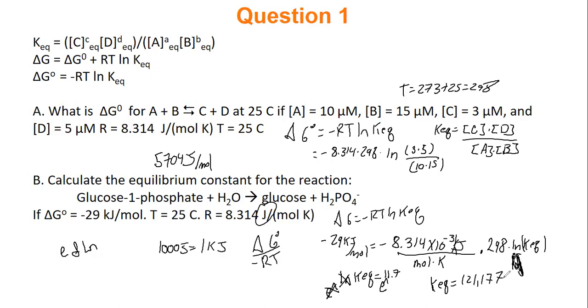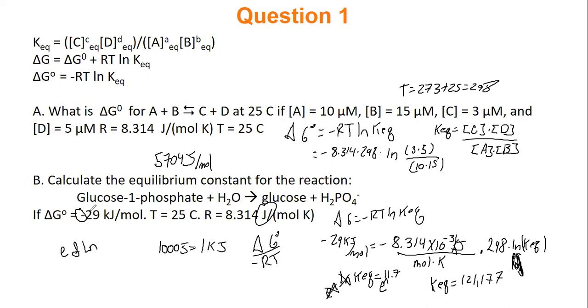And something I would love for you to start training yourself, which is a very valuable skill, is to ask yourself when you get an answer, does the answer make sense to you? Start thinking outside of, this is what my calculator says, so it must be right, or this number is really big, so it must be wrong. We can start rationalizing this. Delta G was a negative number. Therefore,